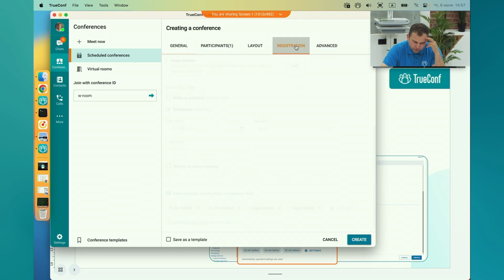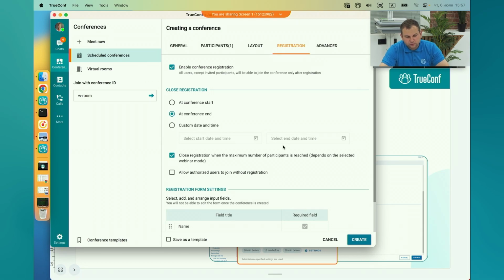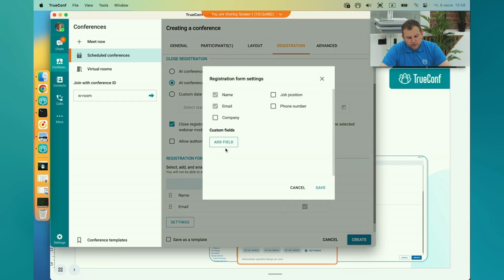This is especially useful if you enable registration. If you'd like to receive some information about the anonymous guest users who join the meeting, you can ask them. We told about this in the previous webinar for the previous version, that now you can create any number of customized fields which are obligatory or not obligatory for every user who wants to join the public meeting. So this way you can collect some information, which later can be downloaded in an Excel table